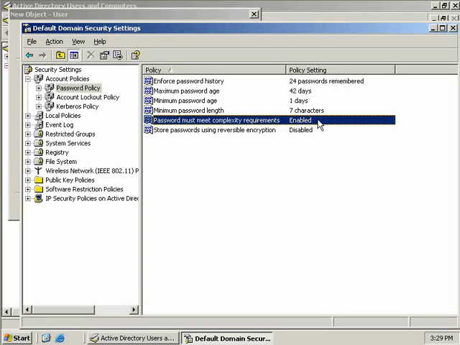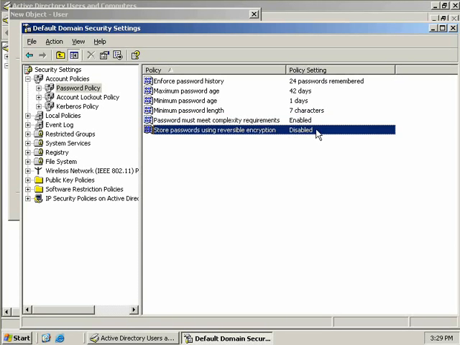Now before we close down our domain security policy, we'll take a look at the last setting, store passwords using reversible encryption. Now as it sounds, enabling this policy will store passwords using encryption that's reversible. Now if you have older applications that require knowledge of users' passwords for authentication purposes, you would enable this setting. Now storing passwords using reversible encryption is basically the same thing as storing them in plain text, hopeless as far